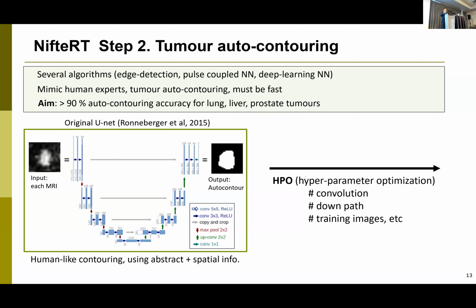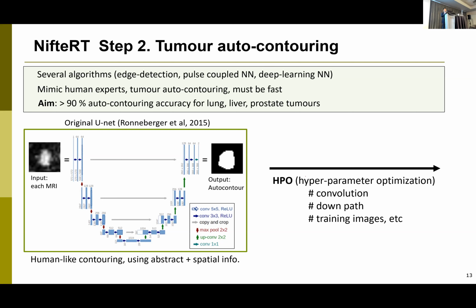I want my algorithm to exactly follow the manual contour of an expert, in our case, a radiation oncologist. Even though everyone else says the tumor is totally circular in shape, if a responsible radiation oncologist says, no, this is a total triangular shape in my clinical opinion, then I want my algorithm to exactly follow that triangular tumor shape. That's a unique problem. And my software is meant to contour the tumor, not the healthy tissue or organs